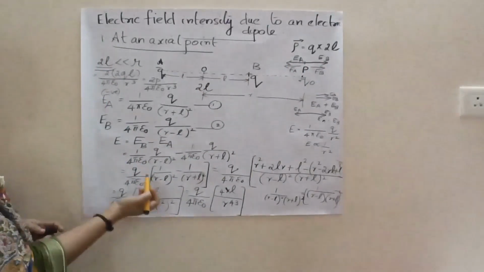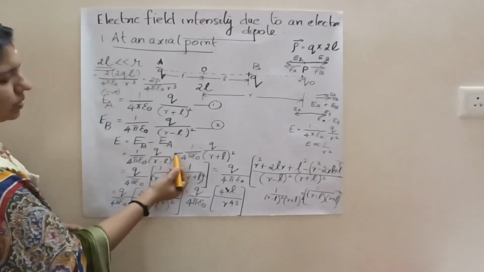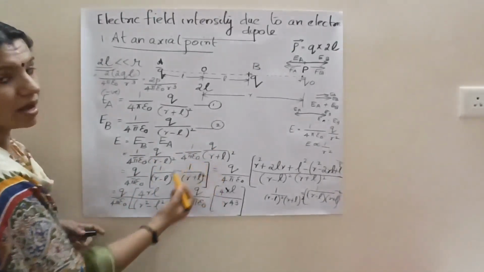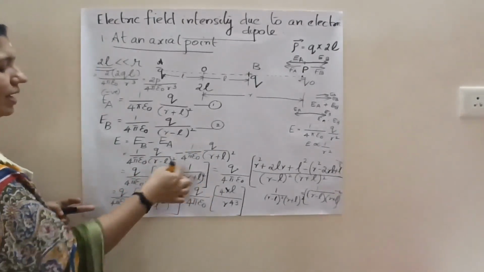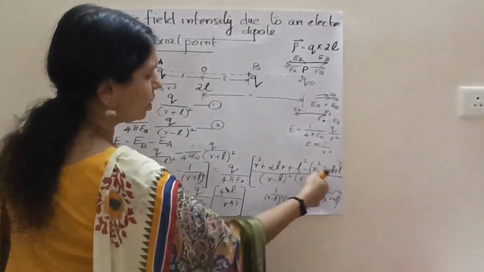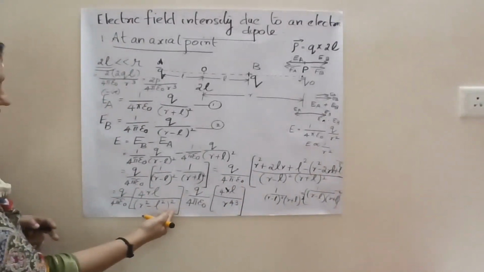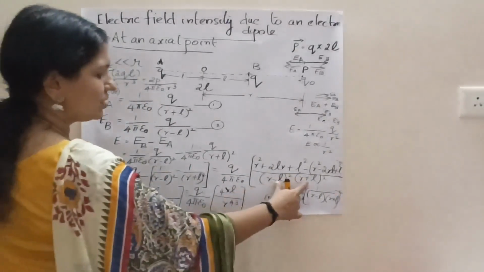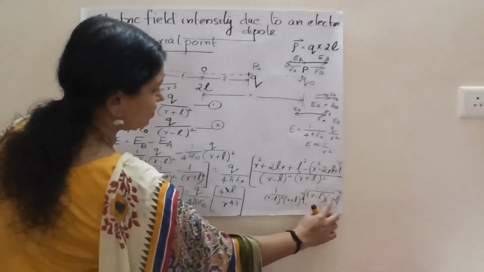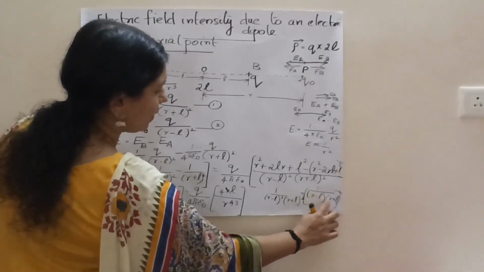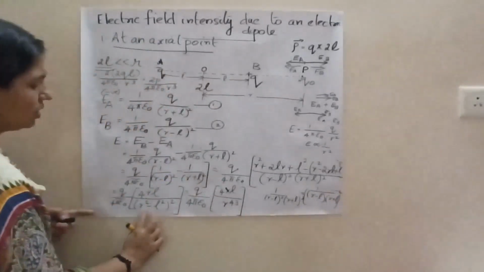Now it is purely mathematics. You take the equation, substituting 1 by 4 pi epsilon naught q by (r minus L) the whole square minus 1 by 4 pi epsilon naught q by (r plus L) the whole square. Taking the common terms outside, I will get this. Then simplifying, you will get this one. Then cancel the terms. Then the final equation is like this. How did this come here? Because it is written in the form of 1 by (r minus L) into (r plus L) the whole square. This is (a minus b) into (a plus b), which is a square minus b square, the whole square, right? So (r square minus L square) the whole square is the equation.